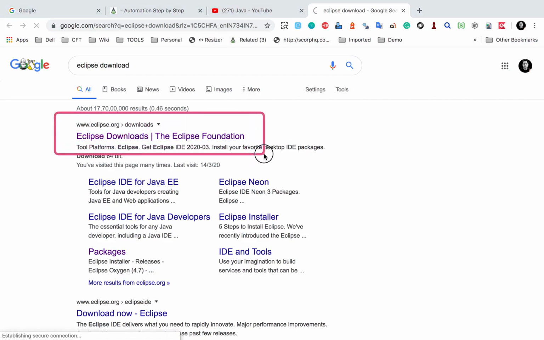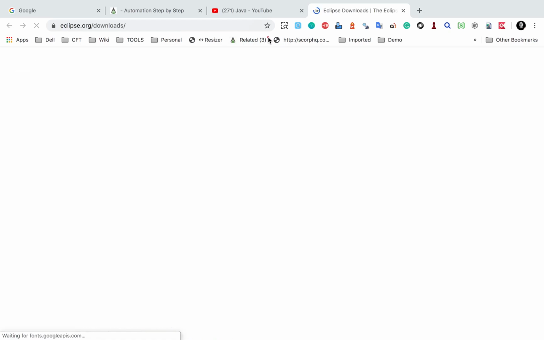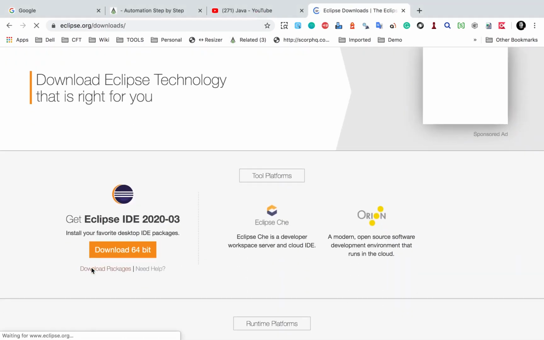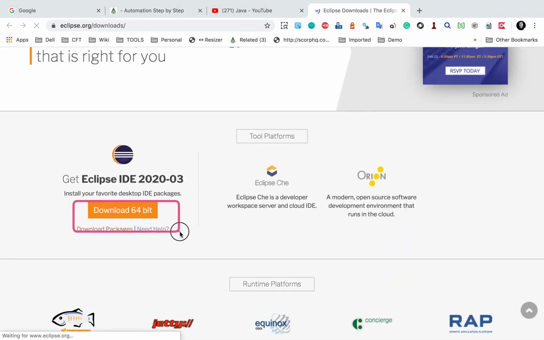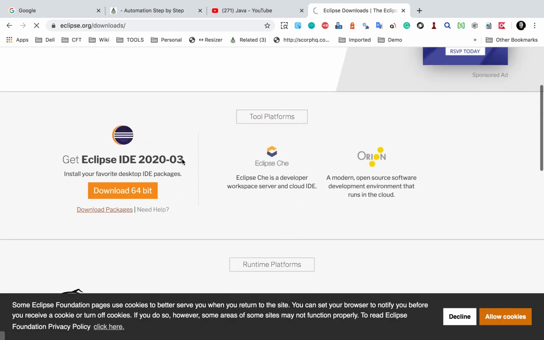So eclipse.org is the website for Eclipse, and when you go to the downloads, you can get Eclipse from here, and you can get it as an installer and then install on your system, or you can also get a zip folder or a zip file. So let me quickly show you. If you go to this website, you can see here you can just download and then install, or you can click on download packages here, and if you click on download packages, it will take you to a new page where it will show the packages. Let me very quickly show you.